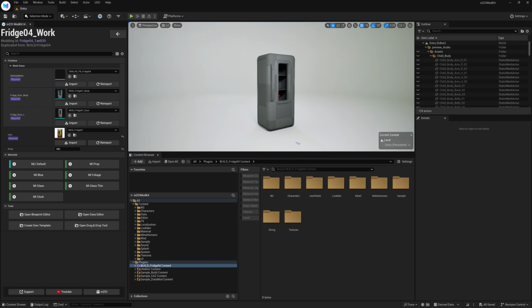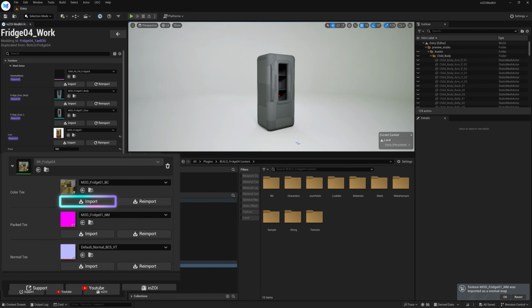meshes and textures. Since the fridge currently has no textures applied, we'll need to create a separate material for it as well. Enjoy uses material instances, and most objects are recommended to be built using MIProp as a base. Now let's import the prepared color, OMR, and normal textures using the Import button.